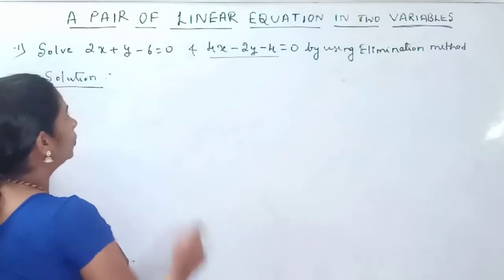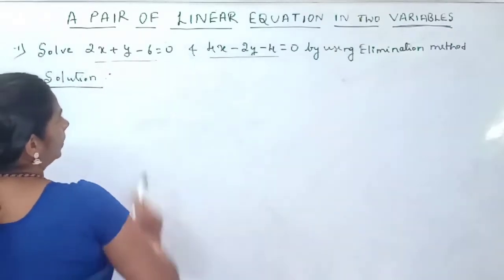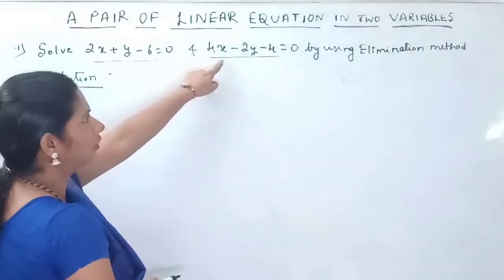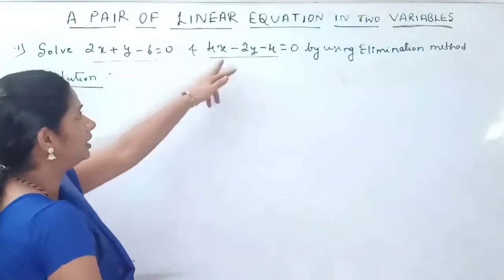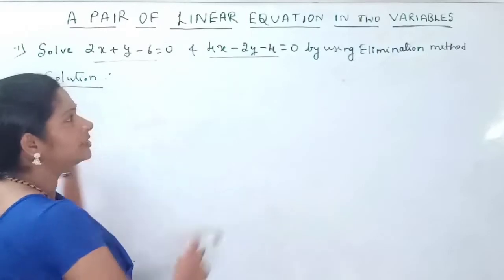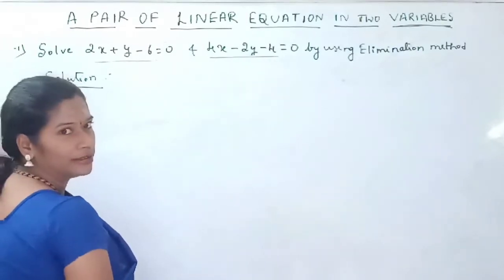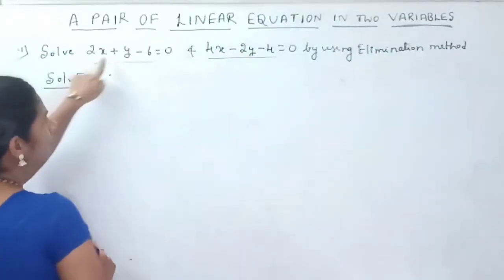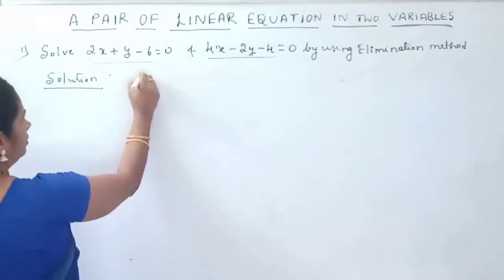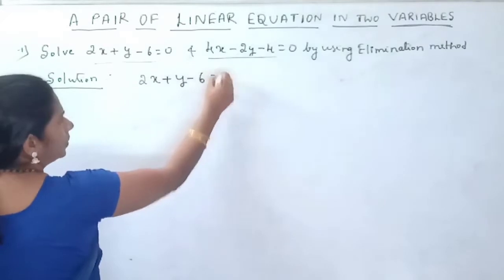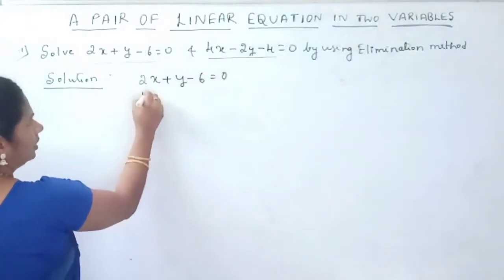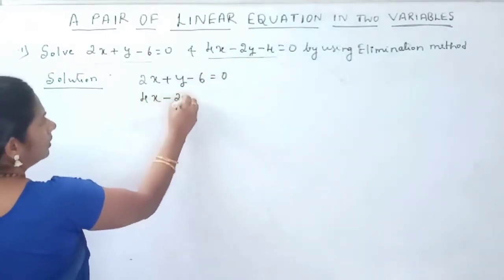Now we have to solve 2x plus y minus 6 is equal to 0 and 4x minus 2y minus 4 is equal to 0. These two pair of linear equations in two variables by using elimination method. Let us solve it. What are the two given pair of equations, children? So 2x plus y minus 6 equal to 0, and one more linear equation, it is 4x minus 2y minus